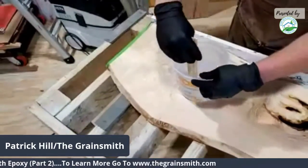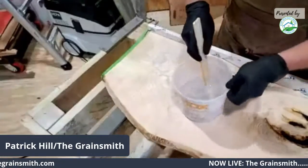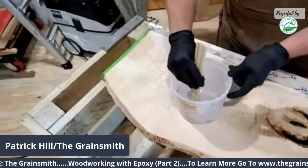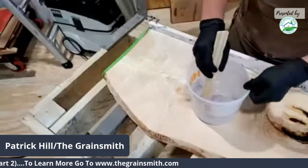I did that with the last one, and it may not have been enough because, again, there were certain parts of it that did harden, and the majority of it did not. So there could have been some parts that just weren't thoroughly mixed. So I'm going to definitely take my time on